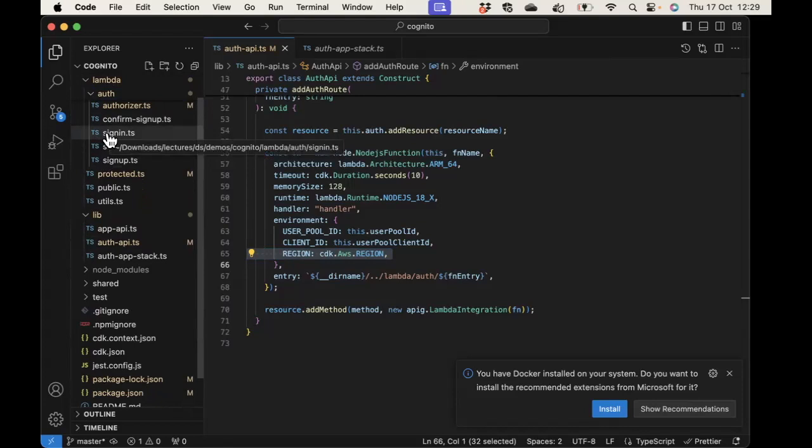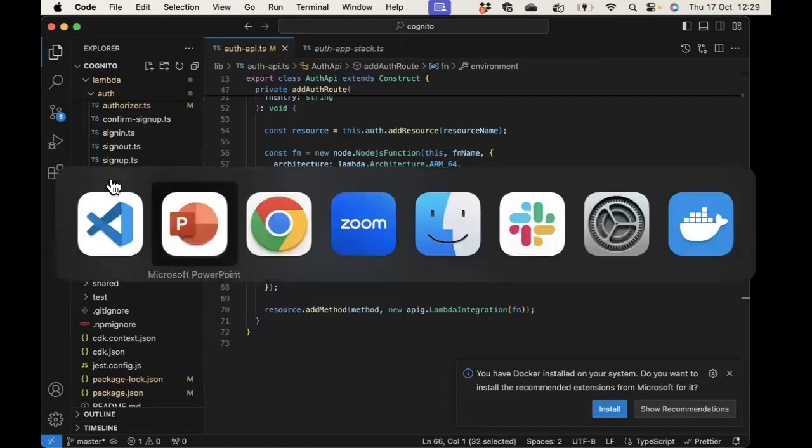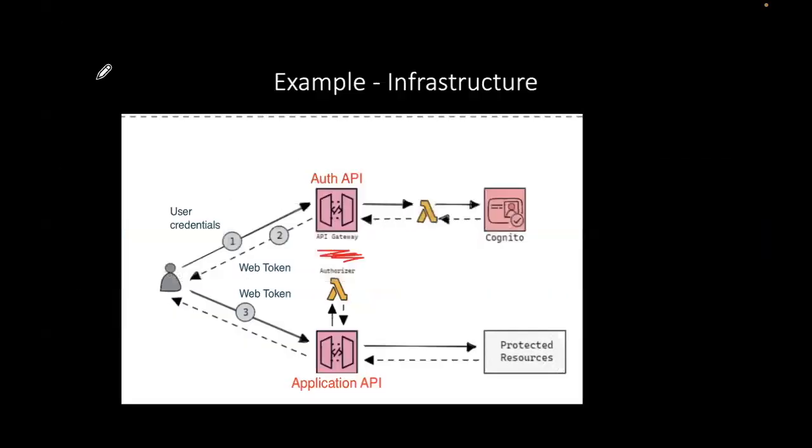We need to look at these one by one, which we'll do for the rest of this lecture. But each of the lambdas is dealing with one aspect of the authorization, authentication kind of process, if you like. The other lambdas, these two here, are myriad lambdas that are linked to my actual application. Again, they're kind of dummy, and I've decided to make one of these two lambdas down here, down in this part of the architecture,